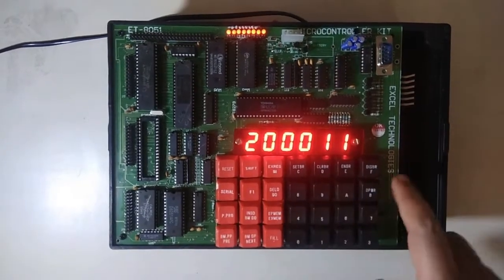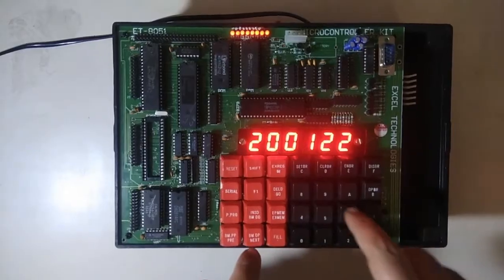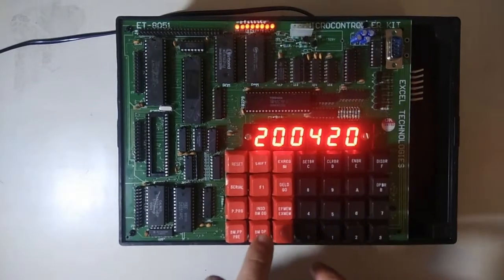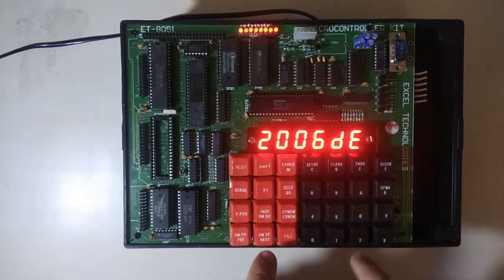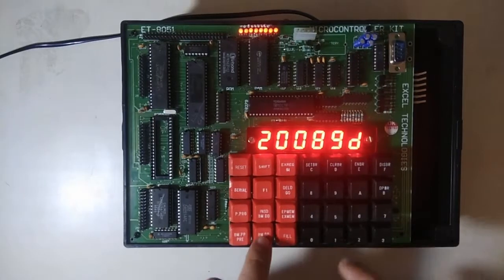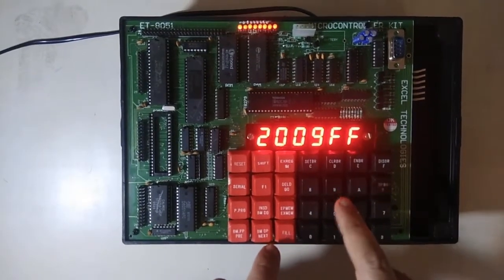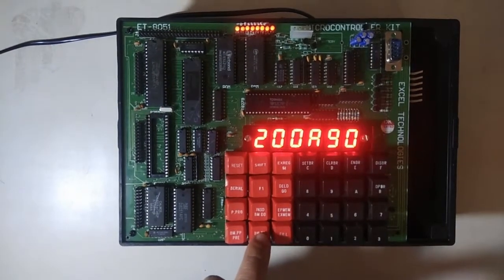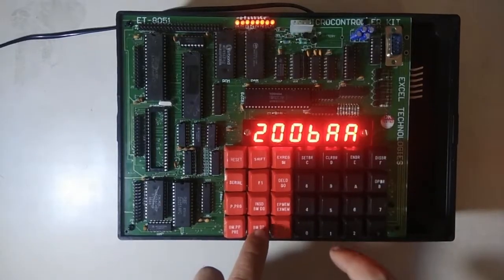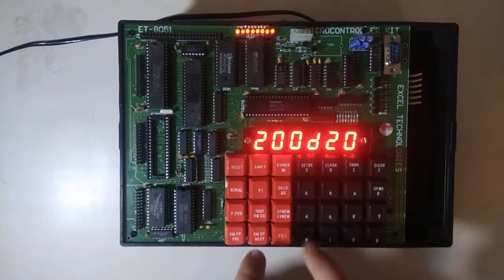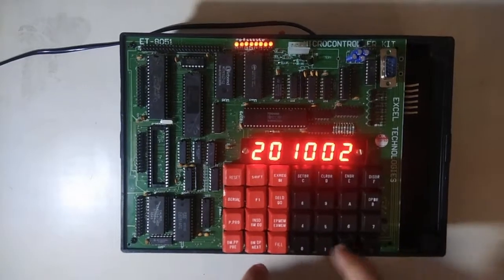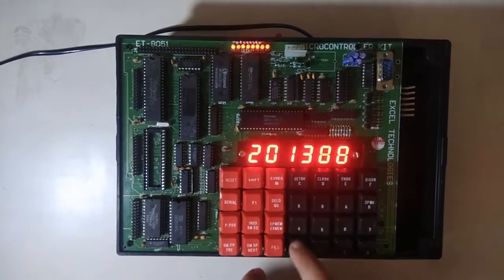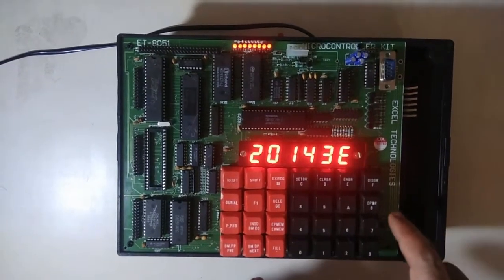So we'll click on 75, next, 90, next, 55, next, 12, next, 20, next, 14, next, 12, next, 20, next, 14, next. We are at 2009, 75, next, 90, next, AA, next, 12, next, 20, next, 14, next, 12, next, 20, next, 14, next. We are at 2012, so 01, next, 00, then 79,